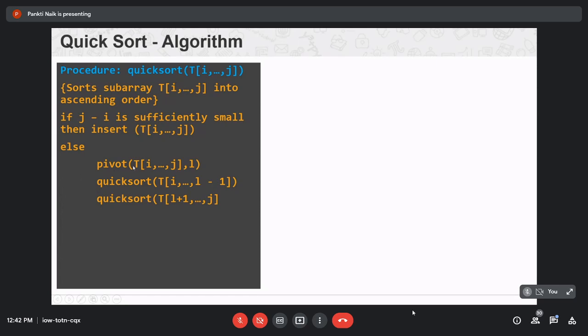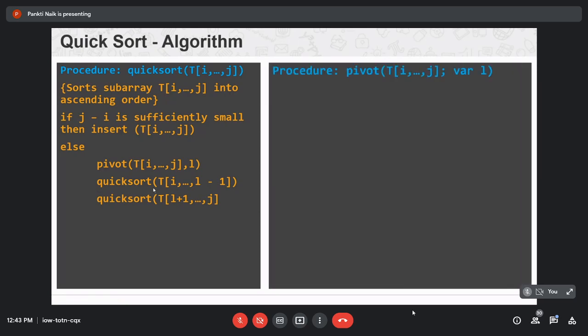So select the pivot value, put the pivot value into its position with the use of this procedure. Again apply the quick sort algorithm for left sub array and right sub array until you get the final sorted array.